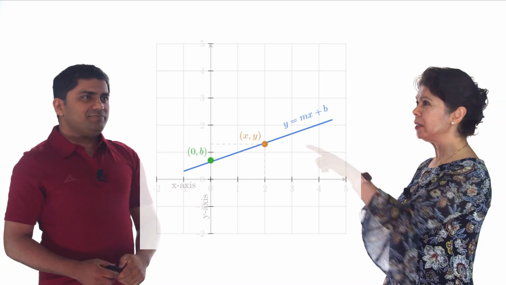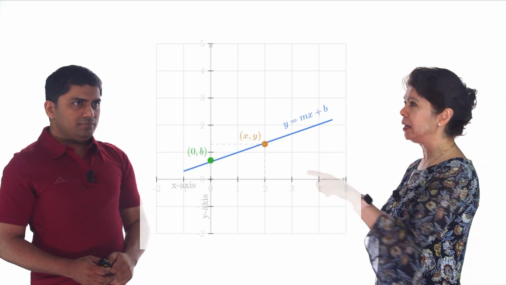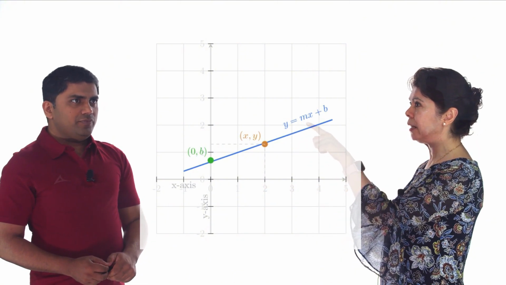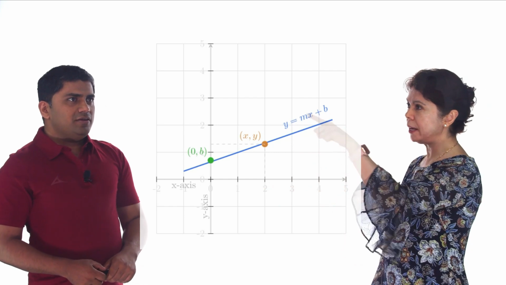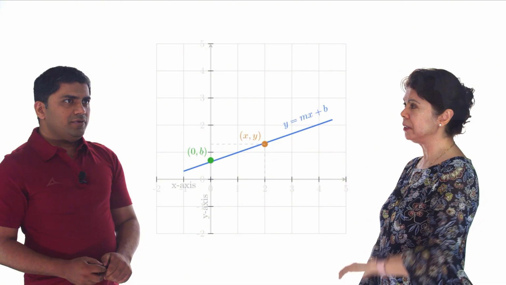Okay, great. So in this equation, x is the independent variable, meaning it can take on any value it wants, right? And then y will take on the value depending on that x, because m and b are constants, right? So the m, you told me, is the inclination. What happens when we don't have any inclination?